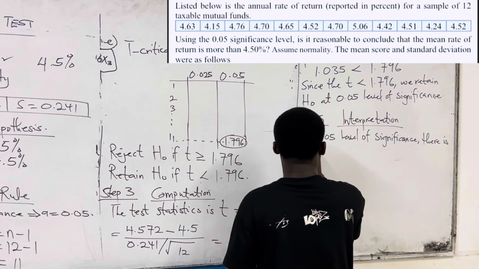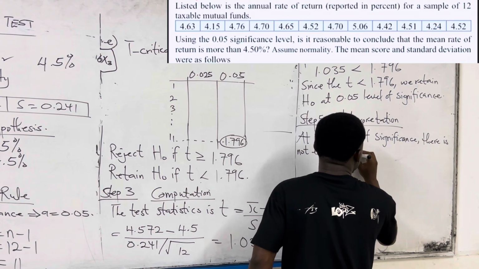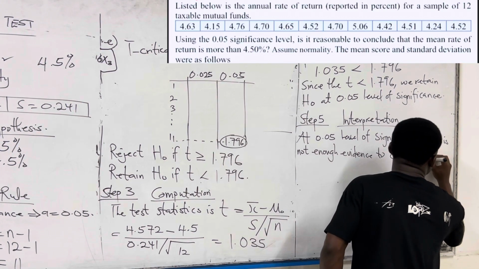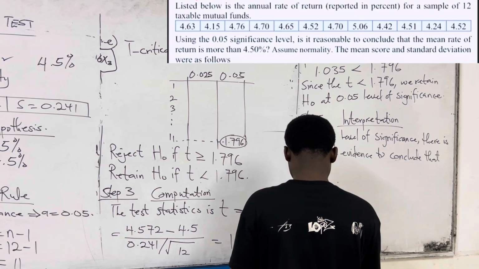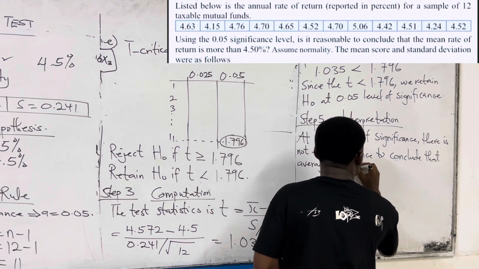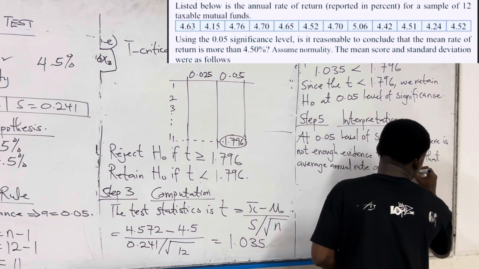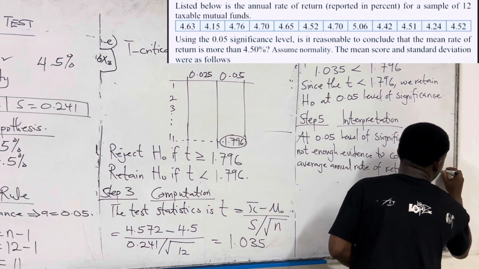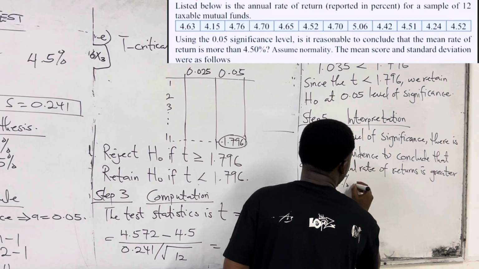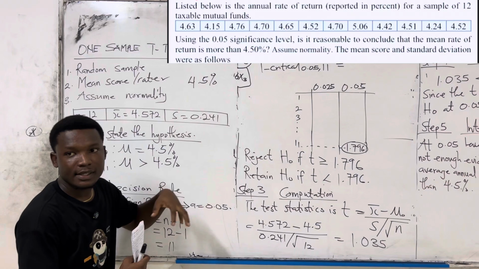there is not enough evidence to conclude that average annual rates of returns is greater than 4.5%. Now, with this interpretation, all that the question is saying is we have to test or make a decision